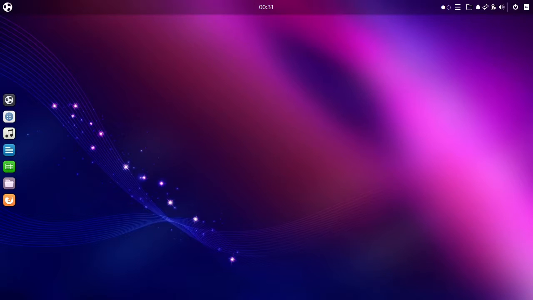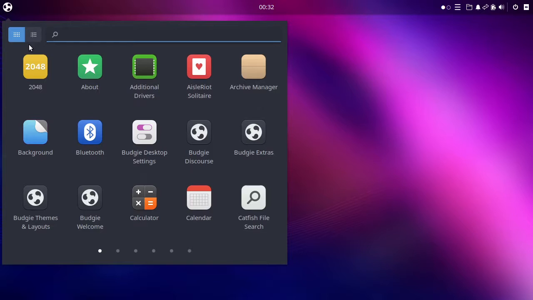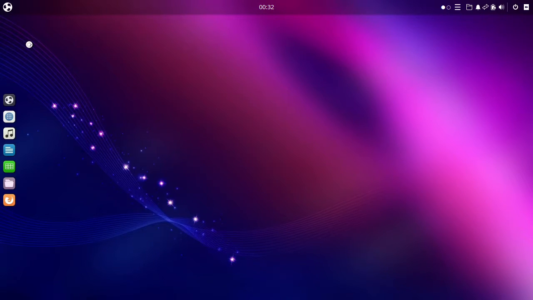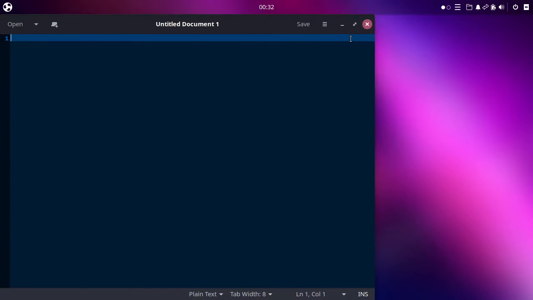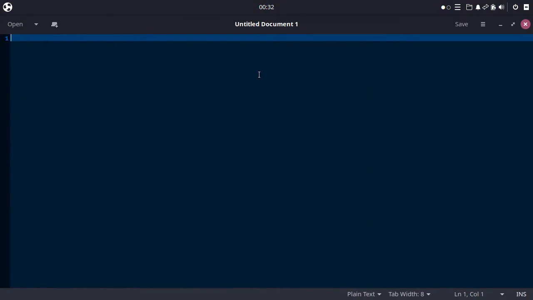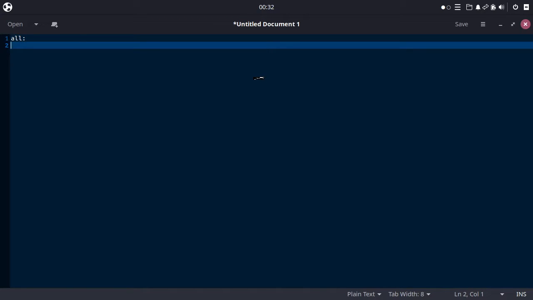Now, let's discuss the host file first. Let me open the text editor. Okay. In theory, you need to define all as the main group of host files. So your host file should look something like this. This is the main group, all. Underneath, you need to specify the host.